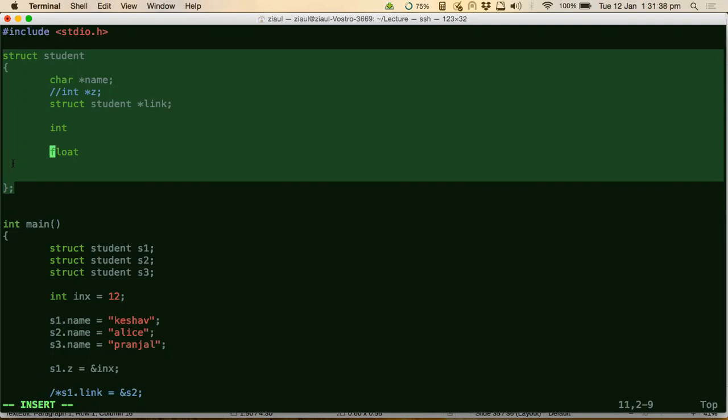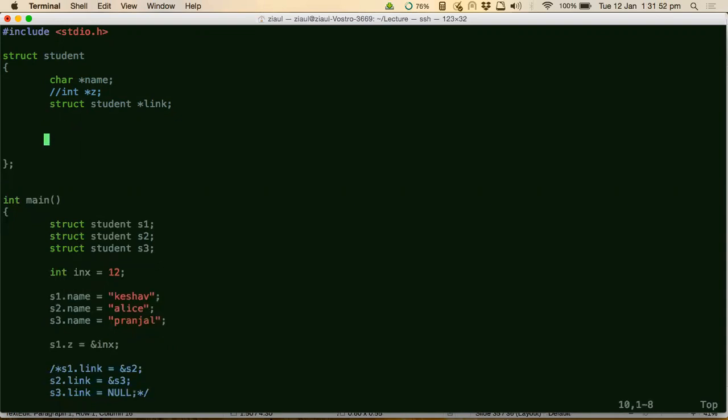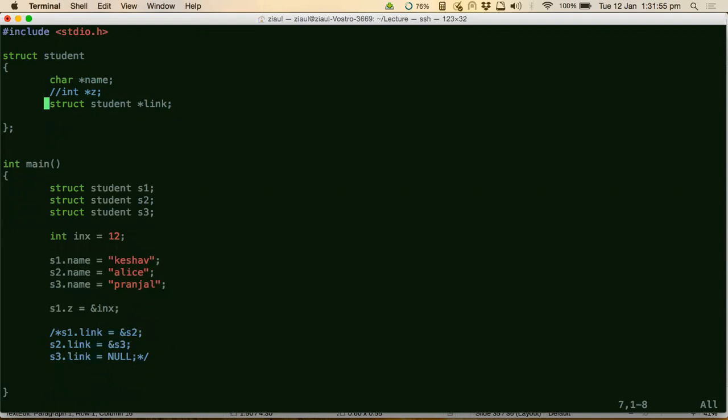We are able to use a pointer of the same struct, like we have used struct student pointer. Can we use struct student instead of a pointer? I think it won't work. Why won't it work? If you use a struct student here instead of a link, what will happen is that struct link should have a character and a struct, and that struct should have a character and a struct, right? And it goes on. That's what I'm trying to tell you. This is not an execution.